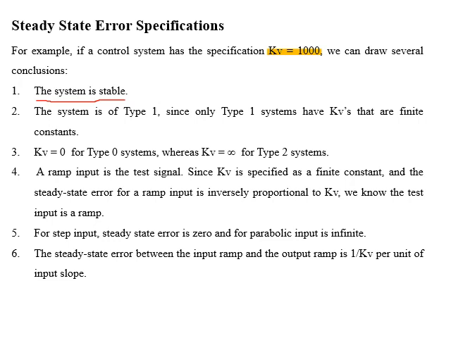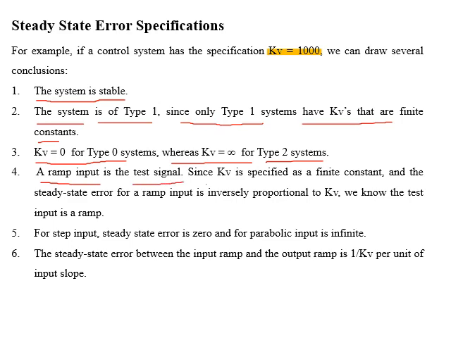Here we have a finite value of velocity constant, which means that its forward path has one integrator. So we conclude that the forward path system is a type 1 system, because only a type 1 system has a finite constant. As kV equals 0 for type 0 system and kV equals infinity for type 2 systems. Next, a ramp input is the test signal because velocity constant is specified as a finite constant